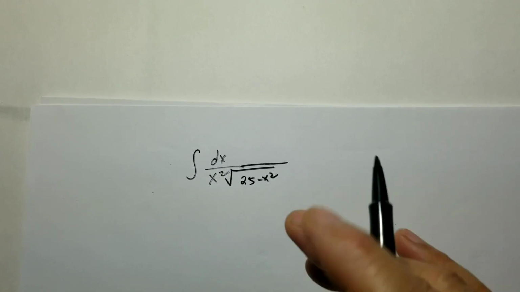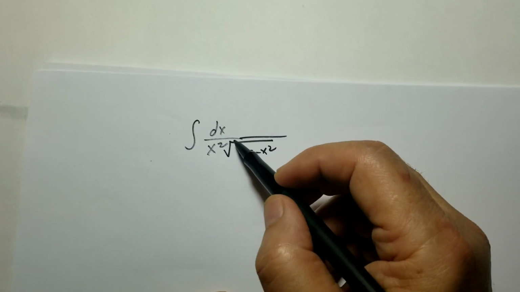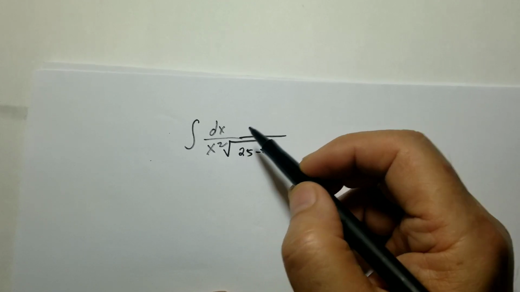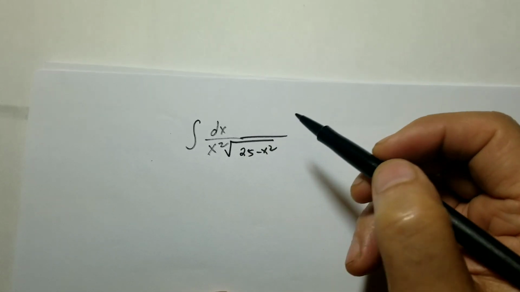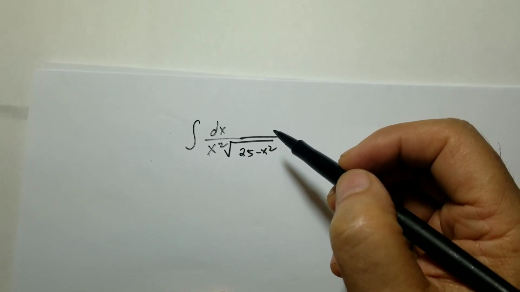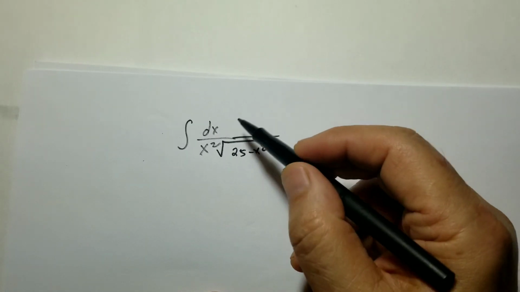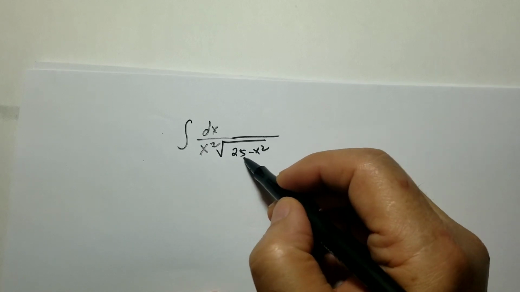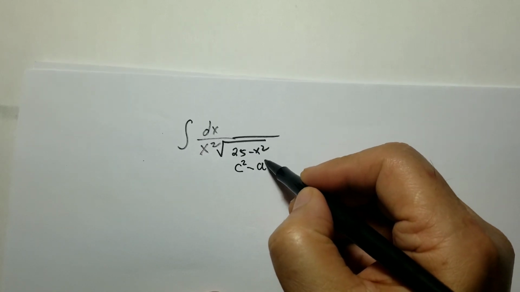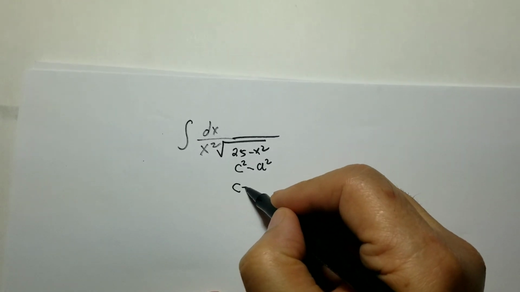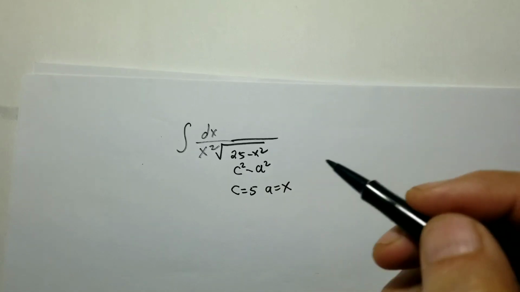The first thing that comes to my mind, use substitution as a chain rule, is not easy. Applying it to inverse trig, I don't see it easy. I don't see it as a partial fraction decomposition, but what I see in here is something like c squared minus a squared, with c being 5 and a becoming x. Therefore,